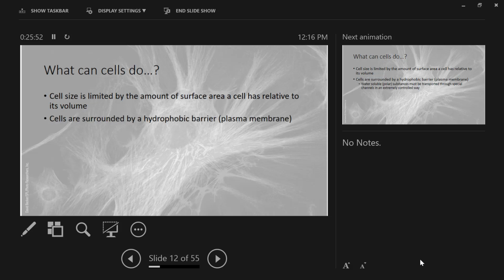All right. Cells are surrounded by a hydrophobic barrier. We'll talk a lot more about this when we talk about cell membranes, but we've already talked about a specific type of lipid that is both polar and nonpolar. And what is it? A phospholipid. And so you've got these phospholipids that will line up. Again, we're going to talk about this in a lot more detail. It's just a little flavor, right?